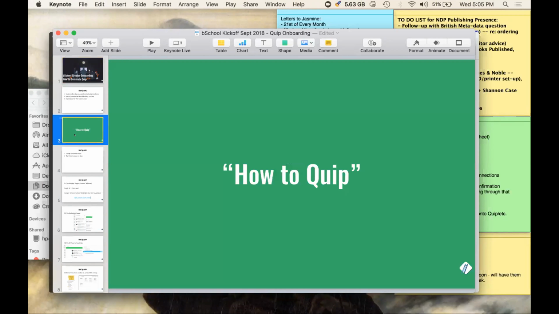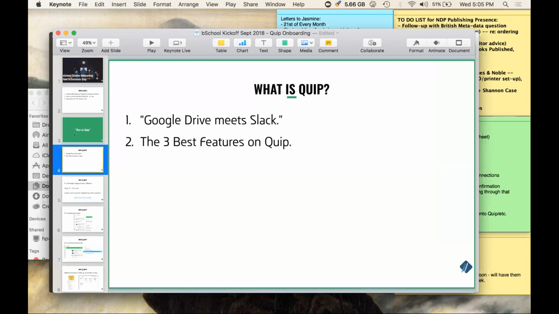And the first big thing that you need to begin to feel comfortable with, whether you've already been on Quip before, you've tested it out or not, and it's totally okay if you haven't, is to really understand what Quip is as a platform and how to use it most effectively as a tool to make the most of the next several months as you create everything. And the first big thing I want to share with you all is, even if you have no idea what Quip is, you haven't opened it up yet based off the invite Carson sent you, Quip is very easy to use, it's very